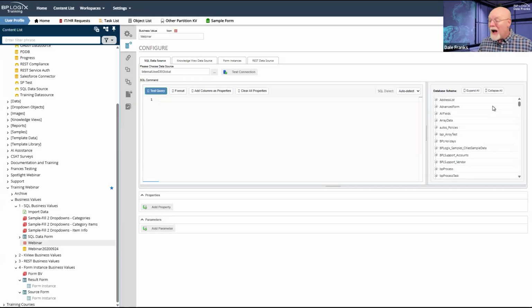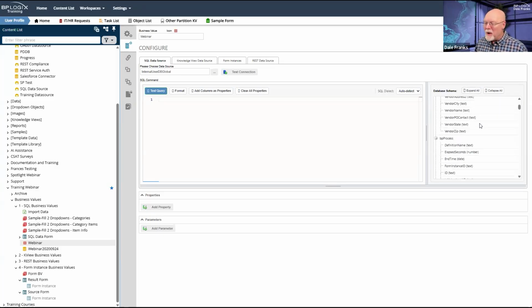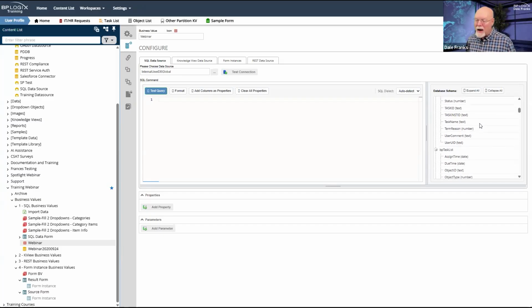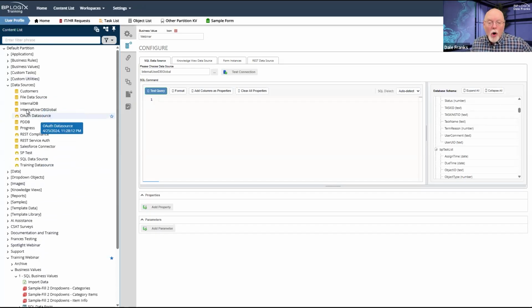As you can see, I have a lot of them. So if I expand them all, I probably shouldn't because it will take a while to return all of that. But you can see every table and field that I have. So if you want to restrict your implementers to only seeing specific data, even for your internal user database, rather than having just one global data source like I do, and since I created all of this data, there's no reason to restrict it.